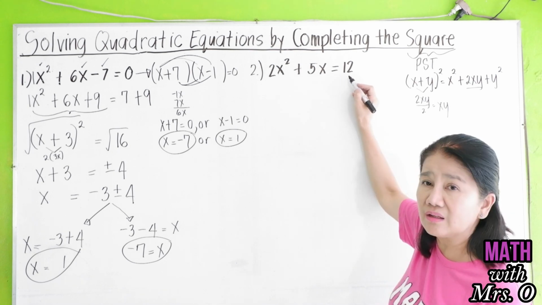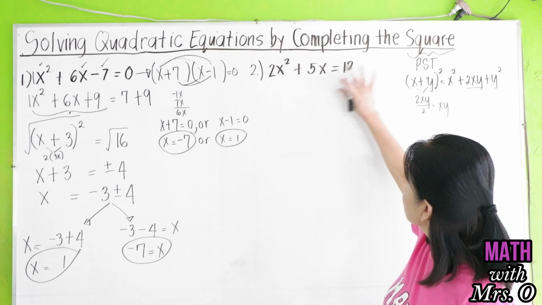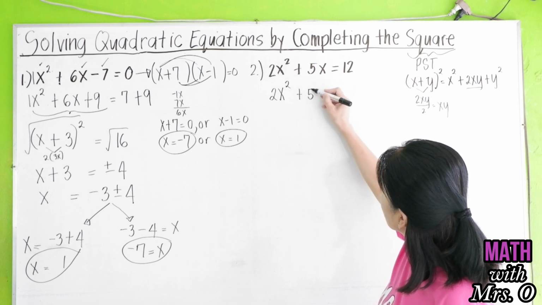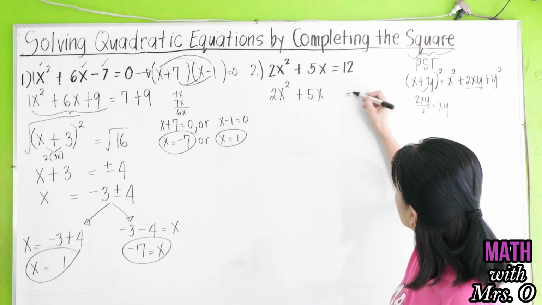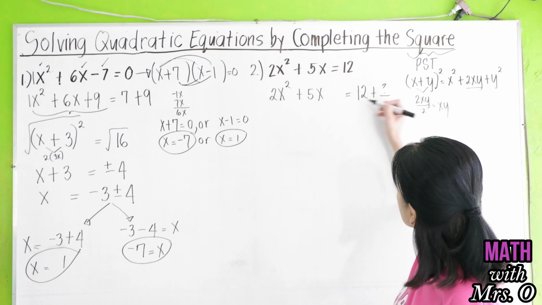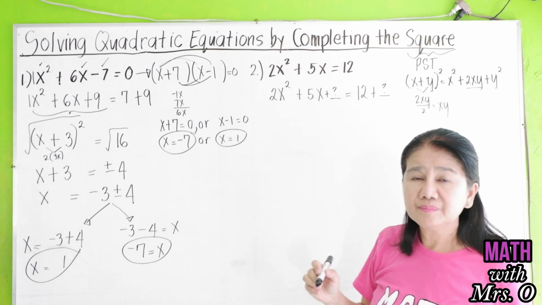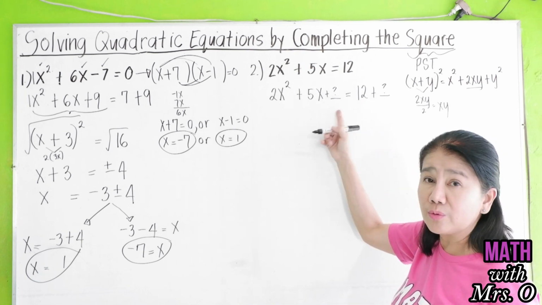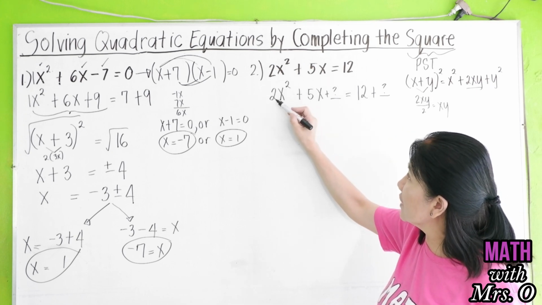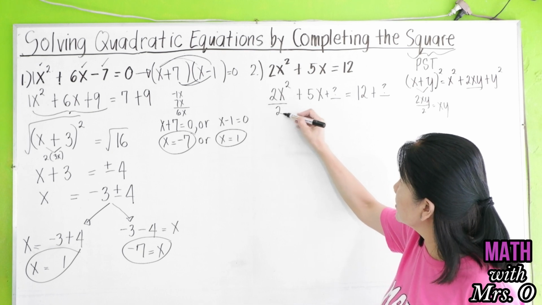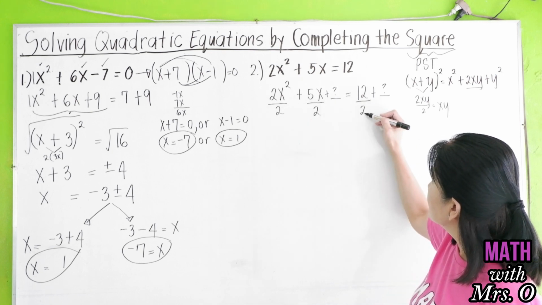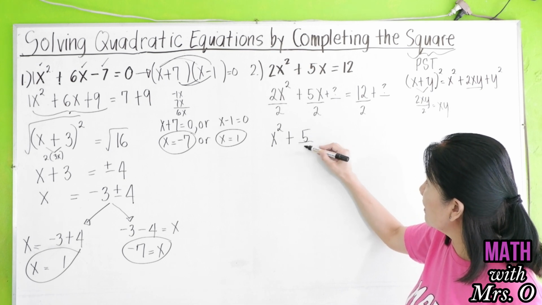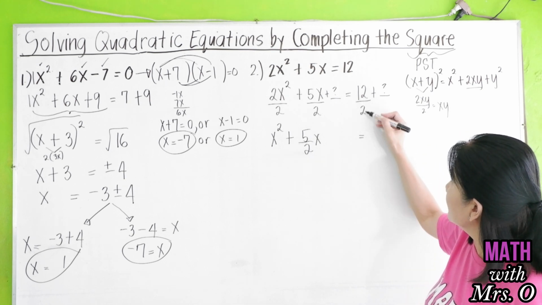In this example, 12 was already isolated on the right side. So, let me just put a space here and a space here, just to be clear. Just to remind us that we have to add a number to both sides of the equation. In this case, since the coefficient of x squared is 2, we divide everything by 2. And divide that by 2. So this will give us x squared plus 5 halves x is equal to 12 divided by 2 is